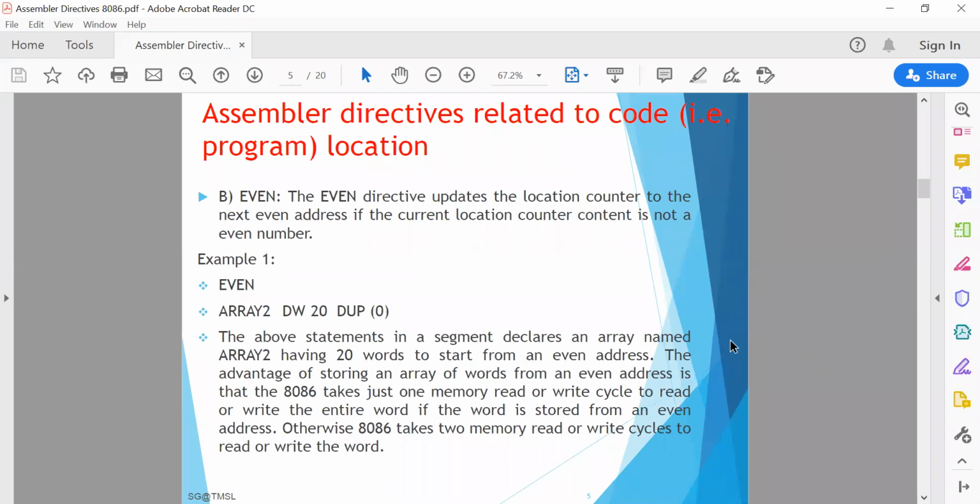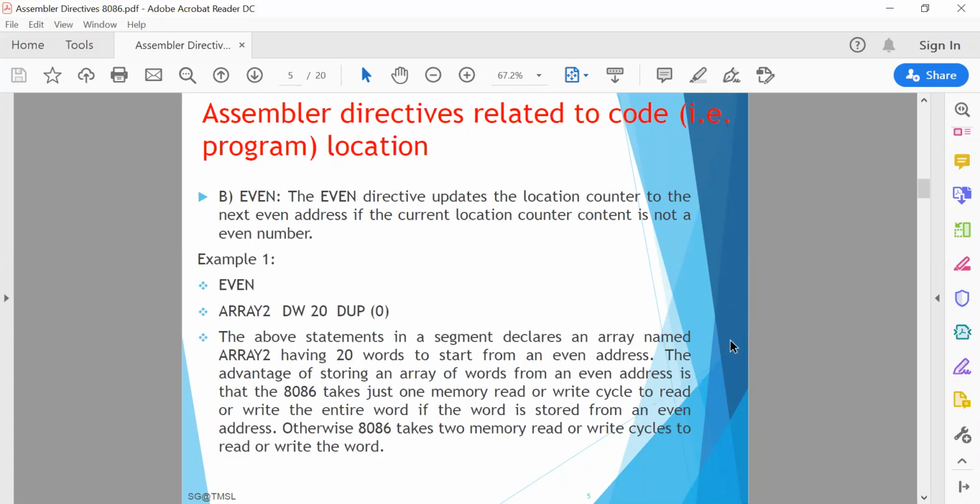Now the EVEN directive updates the location counter to the next even address if the current location counter contents are not even. Every time, this even directive always updates to the next even address.